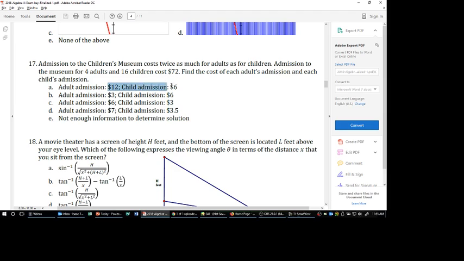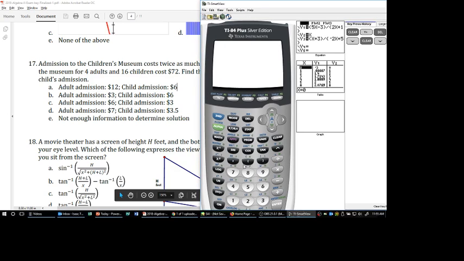Alright, so if I just take an assumption and try choice A and see how it works, then if I was trying to buy 4 adult tickets and they cost $12 each, plus 6 child tickets at $6 each, that would have cost $84, and I'm looking for one that costs $72, so that's not going to work out. Try choice C. Remember, we already said B is not possible, so 4 adult tickets, oh wait, this one up here, this one's even further off